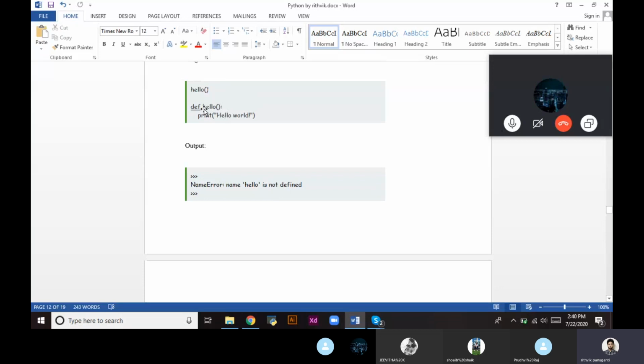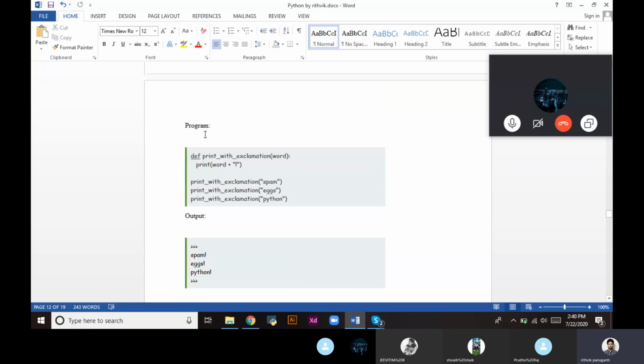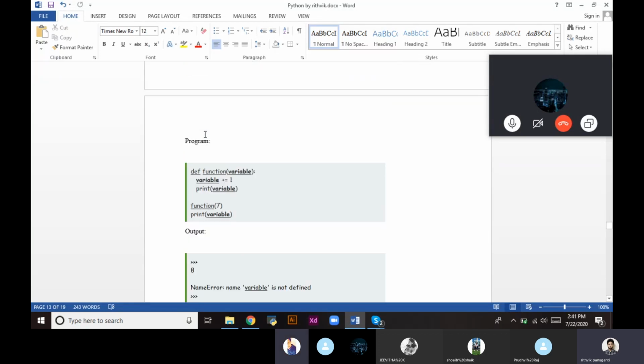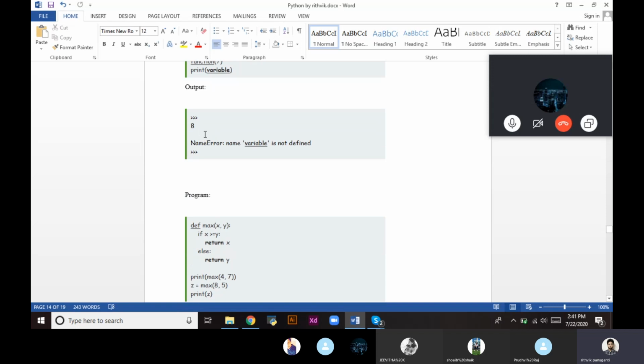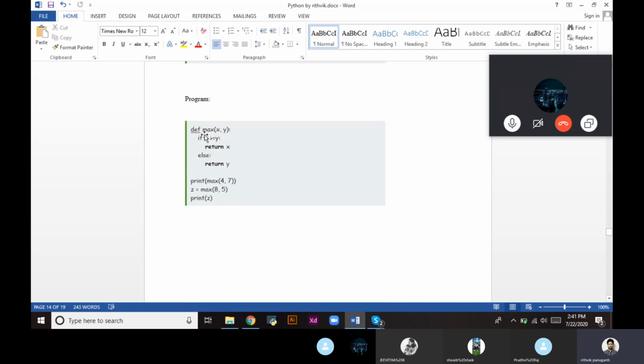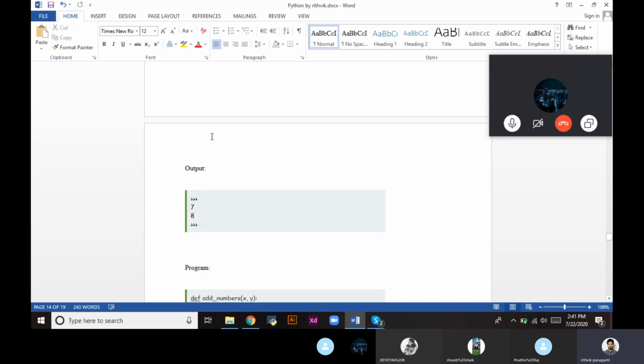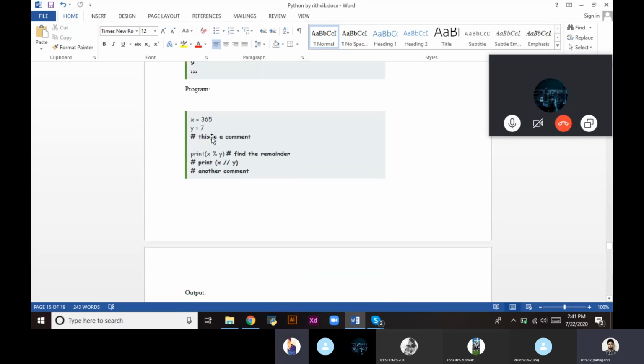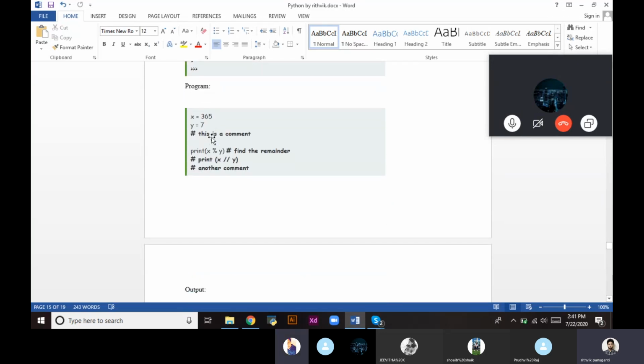First we need to declare the function, only then we can call it and have it executed. In a function name there should not be any spaces between words, so you can use an underscore. We have also seen comments, and like C, we can't give multiple comments at a time.